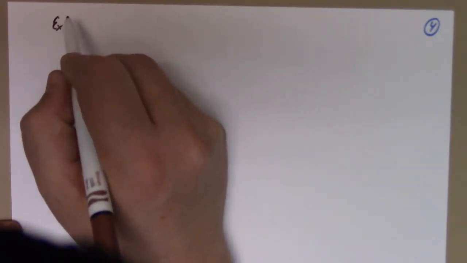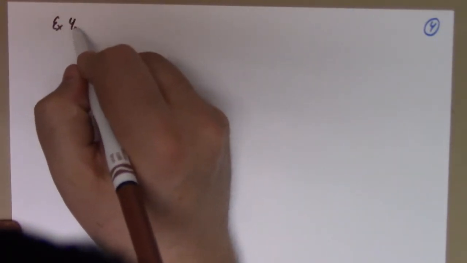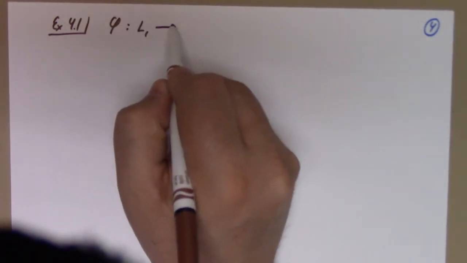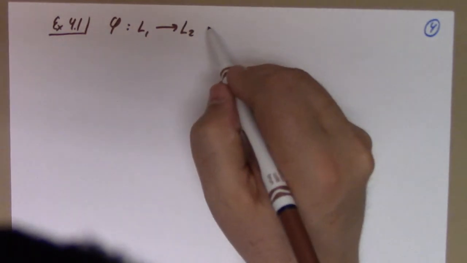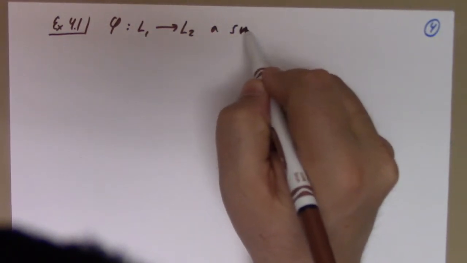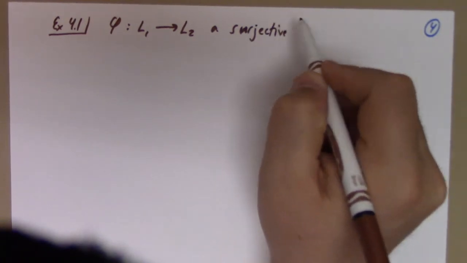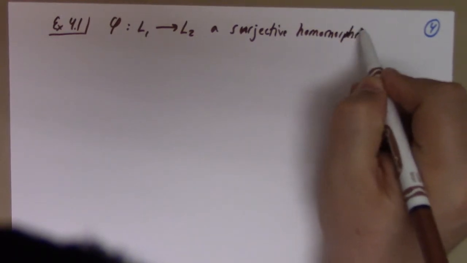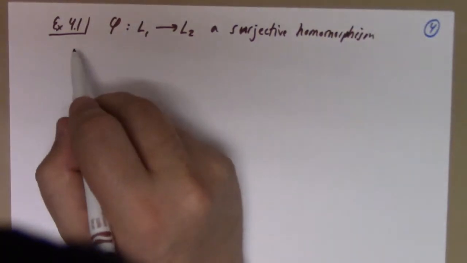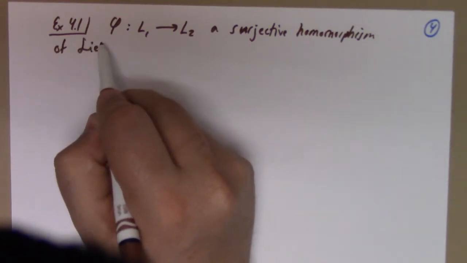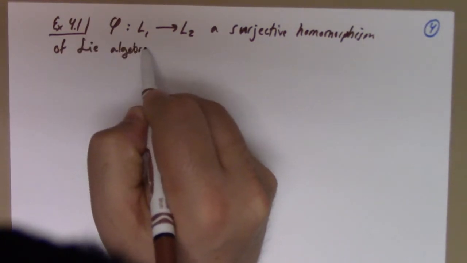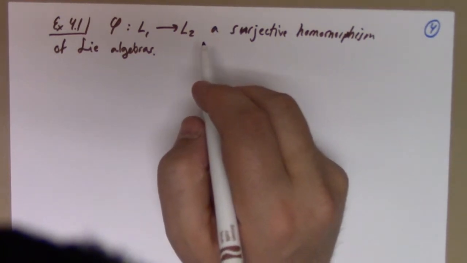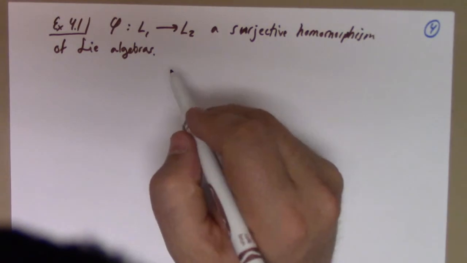Let's see here, exercise 4.1. The exercise says, suppose we have phi from L1 to L2, a surjective homomorphism of Lie algebras, of course. What else are we going to do? Anyway, show that phi